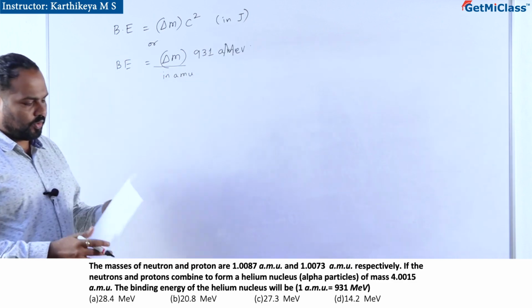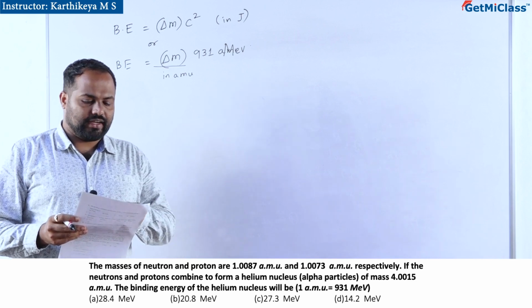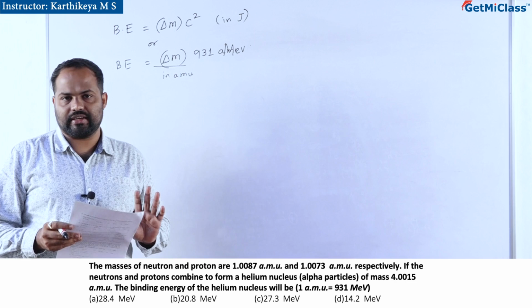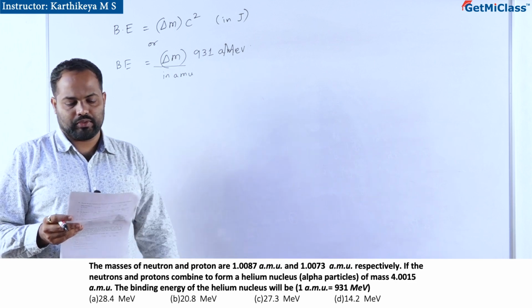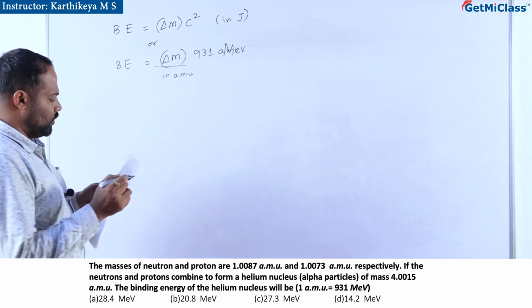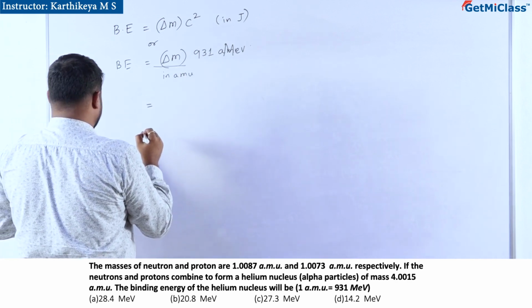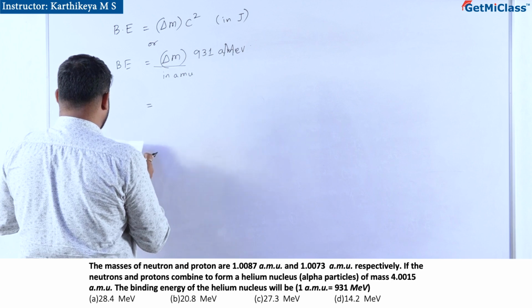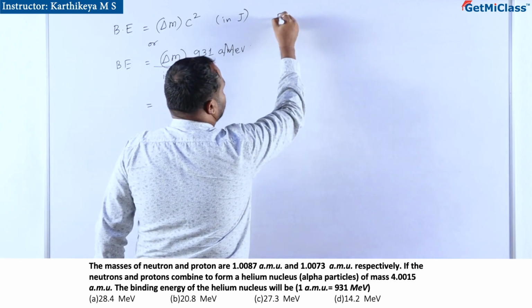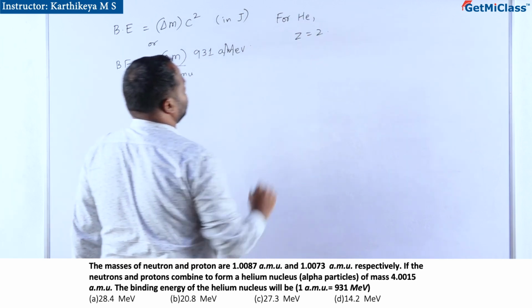Okay. Now, all the atomic masses of the particles neutron and proton are given in terms of atomic mass units, right? So, what we have to do? They are given in terms of atomic mass units. So, now we have to calculate the mass defect. Mass defect is they are forming a helium nucleus, no? Helium nucleus. So, for helium Z is 2